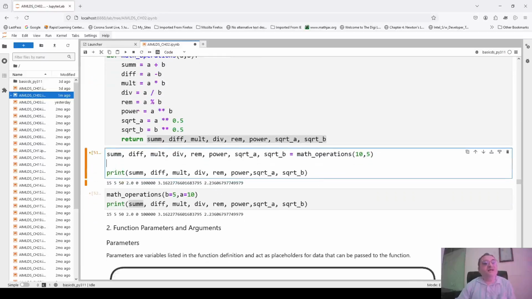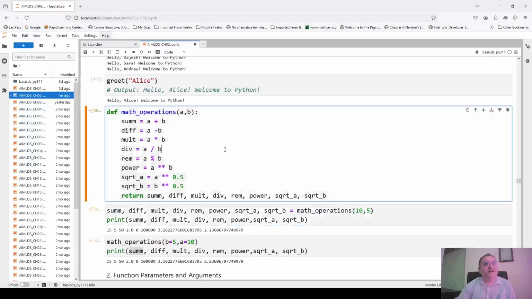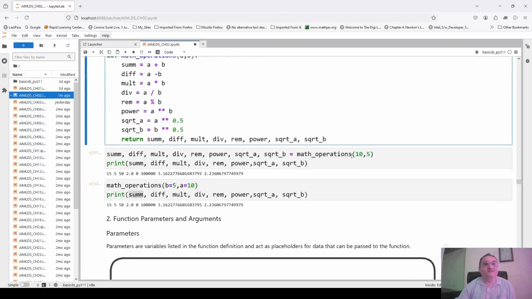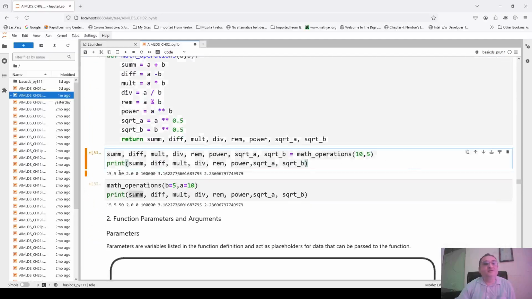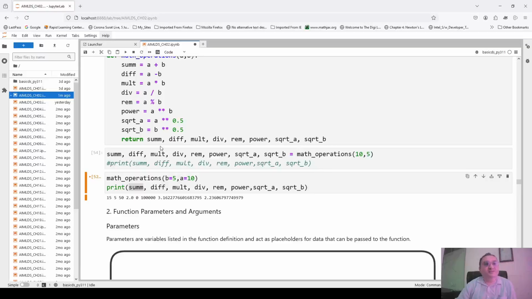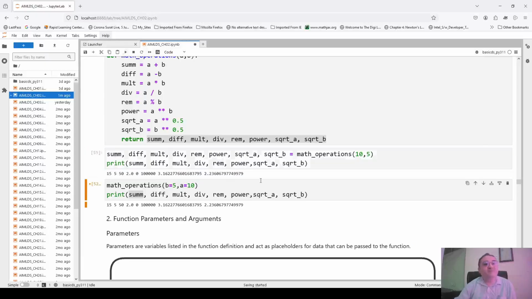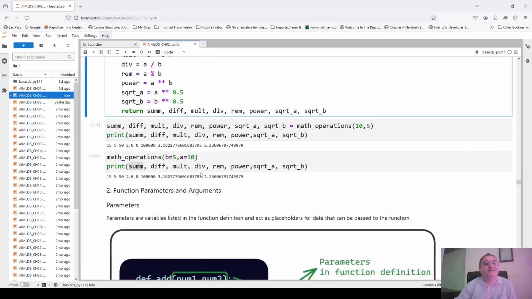Okay. So then let us first redefine, re-execute this because I have changed the function definition, but nothing will happen because this is just defining the function. Now let us call the function. If I comment out the print statement, then also nothing will be printed, because what has been done? This function returned the sum, difference, mult, etc., and this line just assigned them to different variables. Now if I execute with the print statement, then you can see the same result is obtained as when the print statement was inside the function definition.